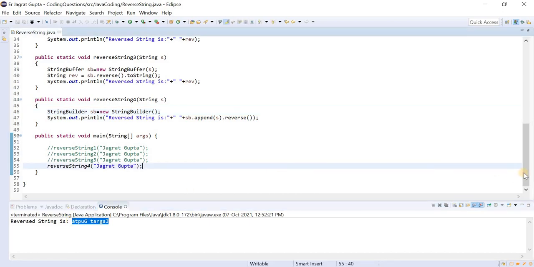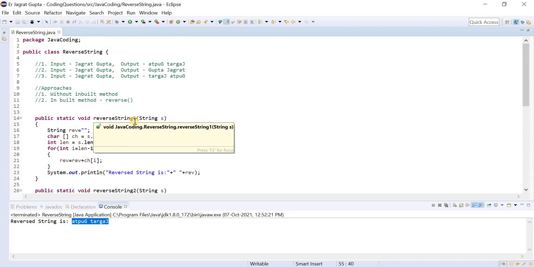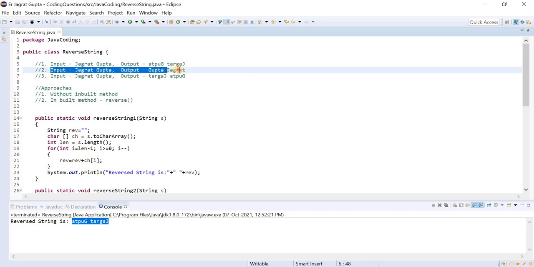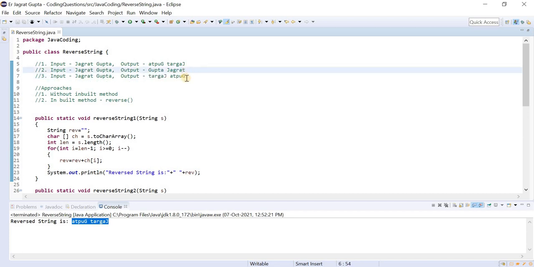So these are the approaches for the first variation. In the first variation, I showed you 4 approaches. Hope it makes sense for you guys. In the further session, we will see this type of input and this type of output, as well as this type of input and this type of output, which means we will see the second and third variation and how we can achieve our output. That's all for this session. Please practice all these approaches and see you in the next session. Thank you. Bye bye.